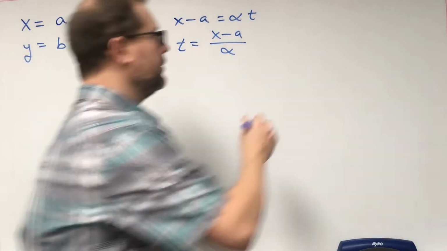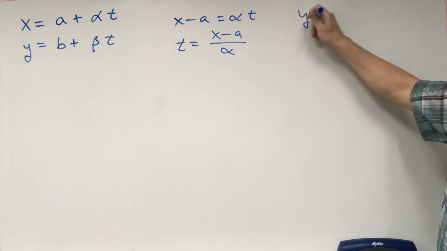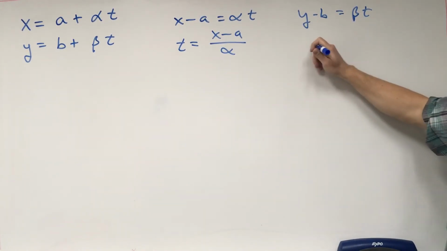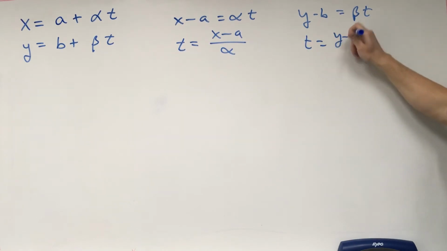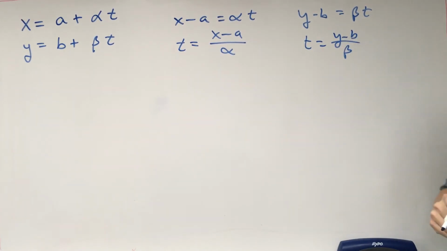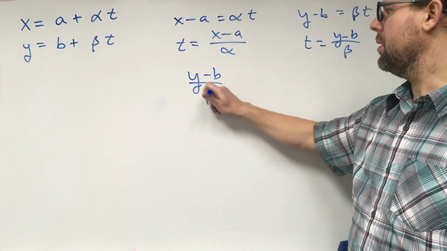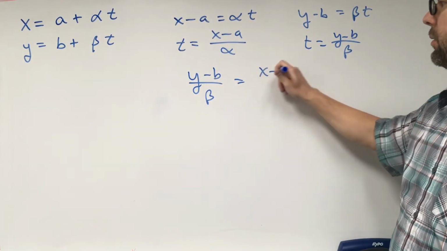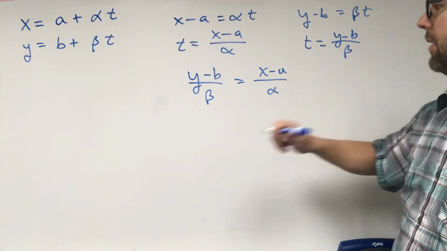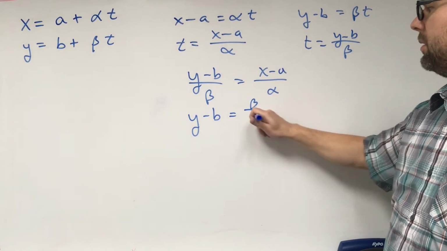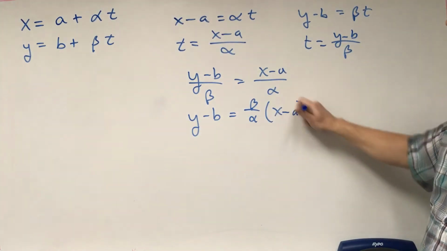And likewise, y minus b is beta t, and so t is y minus b over beta. This tells us that y minus b over beta is equal to x minus a over alpha, so y minus b is equal to beta over alpha times x minus a,